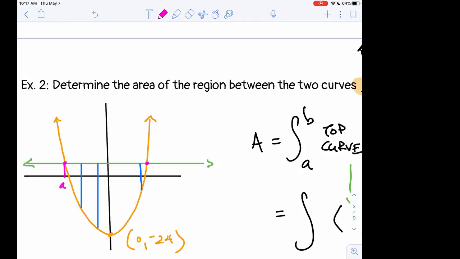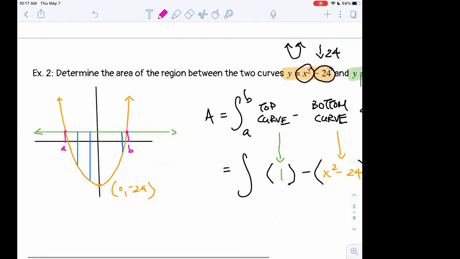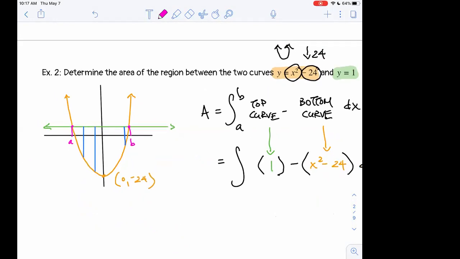And I know that they stop sealing off that area at this point, and that is going to be my b value. So I need to find both my a and b value this time because it's not as easy to see them from the diagram, okay? So to find a and b,